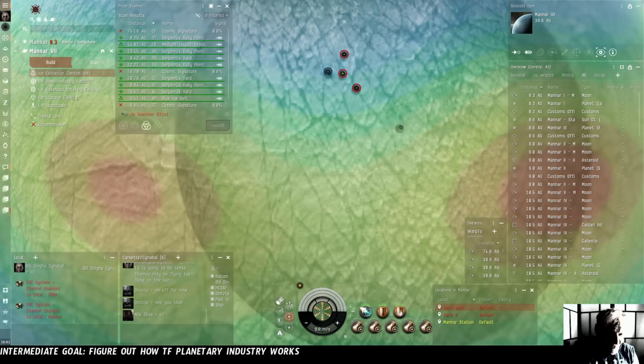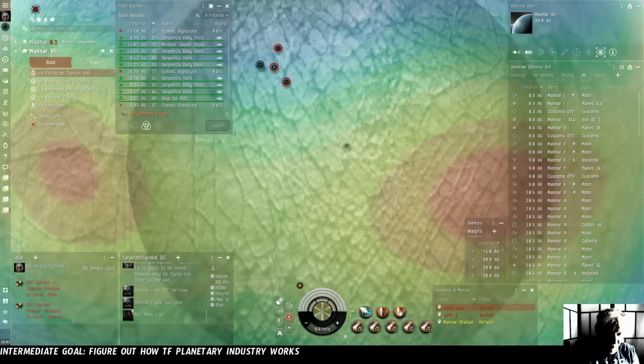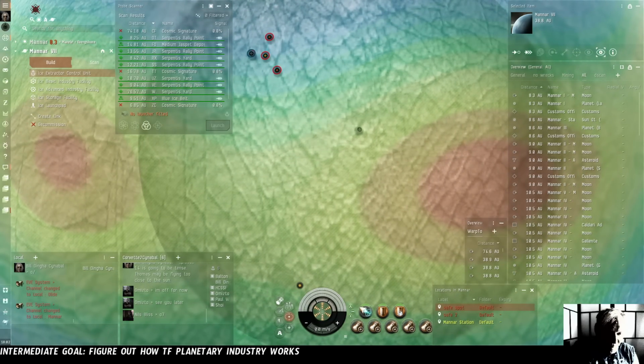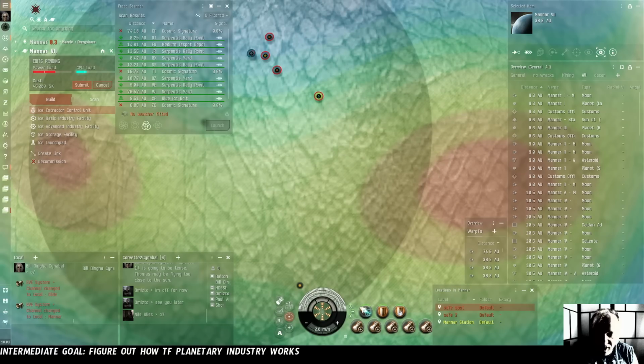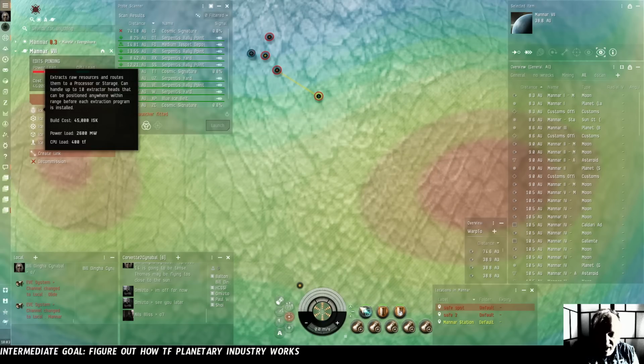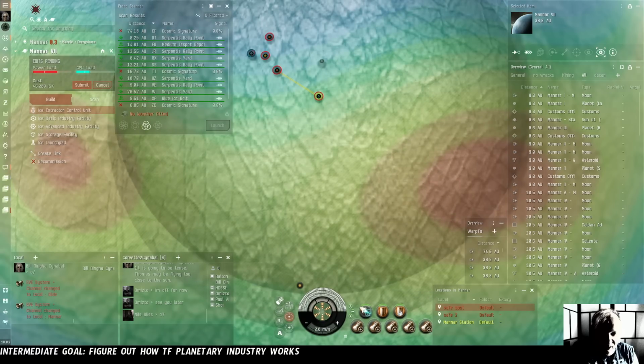Okay, let's start with the plankton colonies. It looks like it can take in from a pretty big area. I know the longer of a link we build, the more CPU it costs. So let's just build it here. And then we can link it to this factory. And then we need another extractor